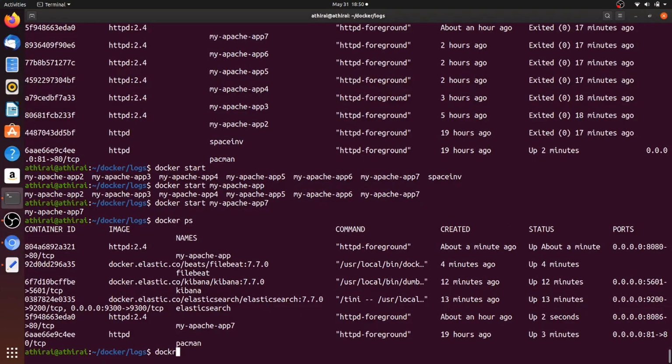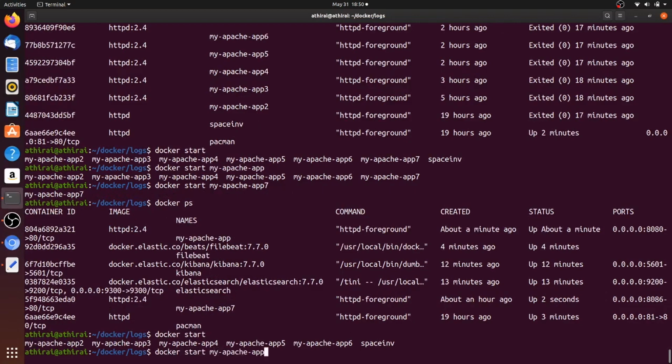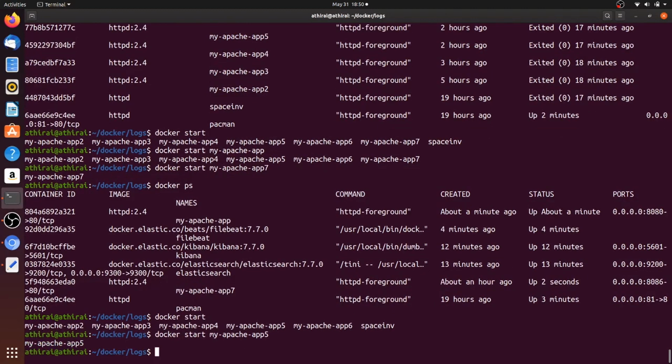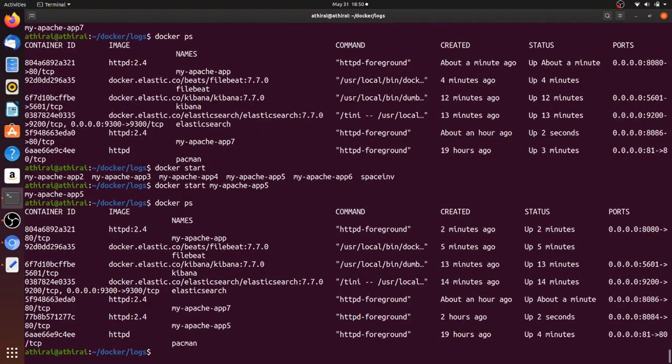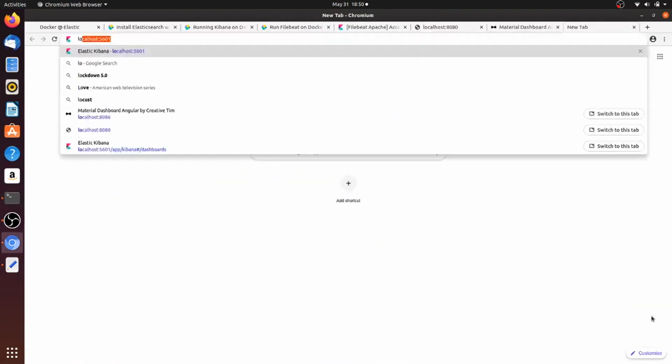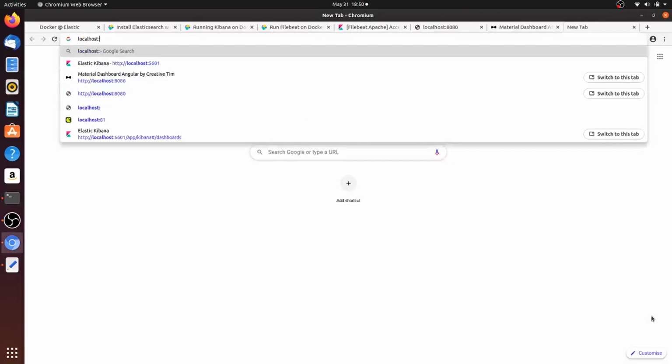Now let me start one more web server. Say I will start 5. In 5, what is the port number? It is 84. So I'm going to access it.